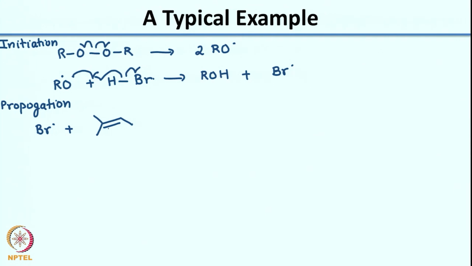So you can have one product where you have the other product that is possible. I am going to draw this again so that I can show you the arrows. So, I can have the other carbon center interact with the Br. So, now what I would get would be